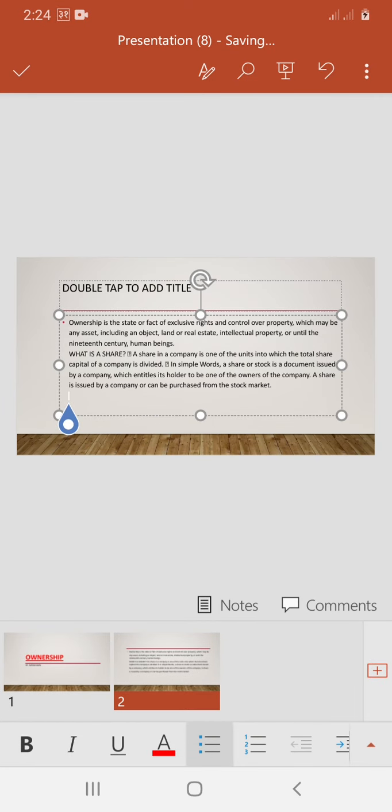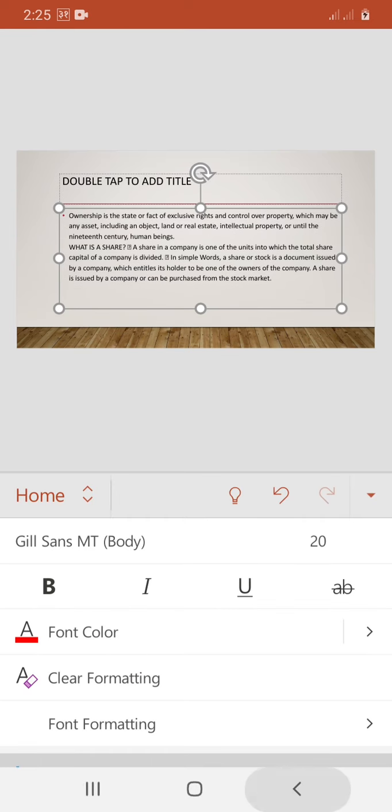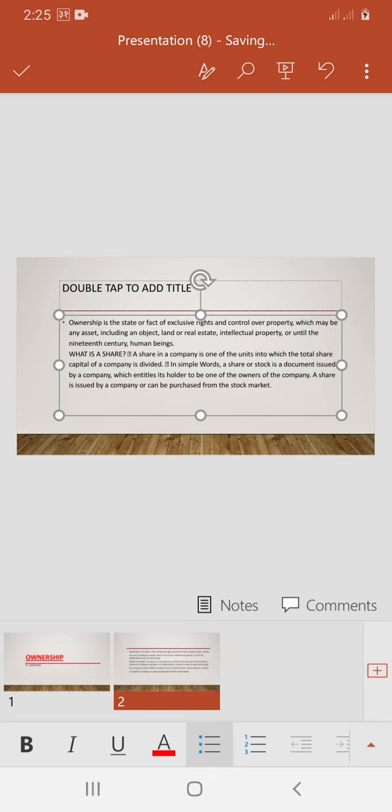Now if I want to change the text, or I am inserting something in my presentation, on the right side of the mobile phone you can see that there is an upward arrow.